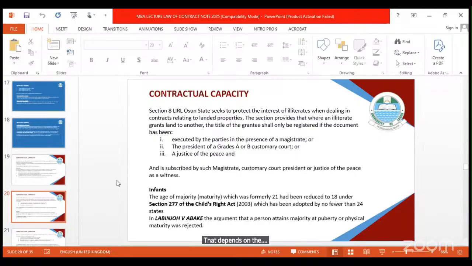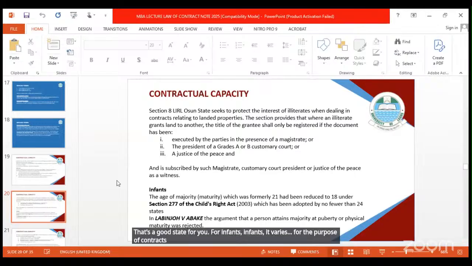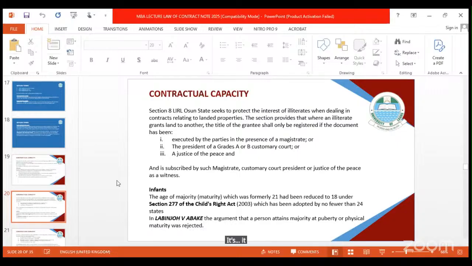That's a good state for you. For infants, it varies, but for the purpose of contracts, you look at section 277 of the Child Rights Act: an infant is someone below 18 years, and an adult is someone that is 18 years and above. At common law, it used to be 21 years, but now it's 18 years and above. So what I mean is that we will look into the rules where the contracts are binding on the infant and the areas that are not binding,